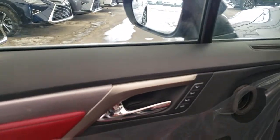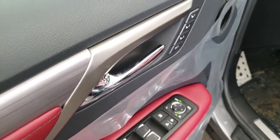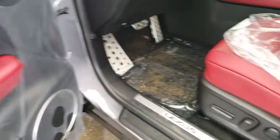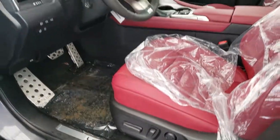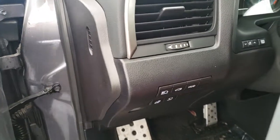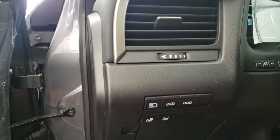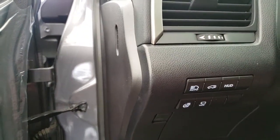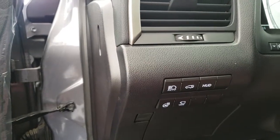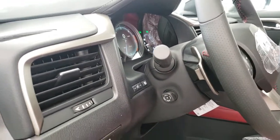driver's seat memory seating, auto dimming side mirrors, power adjustable front seats, automatic high beams, power rear liftgate, heads up display, heated steering wheel, panoramic view mirrors, power tilt and telescopic steering wheel,